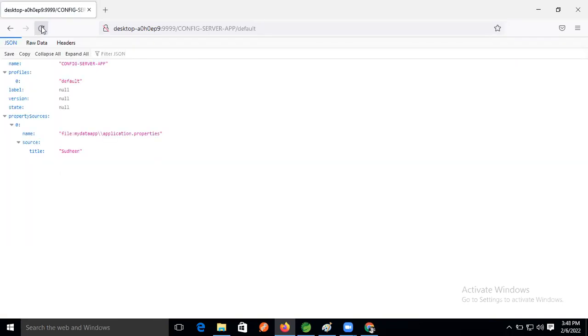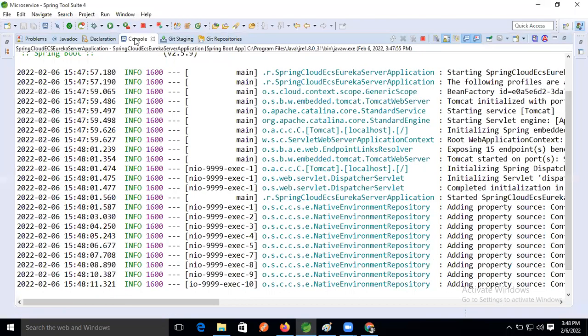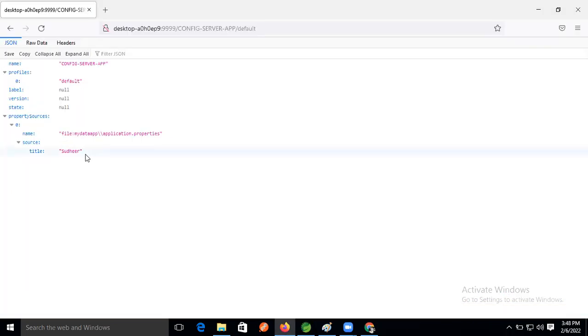Hey, still Sudhir we are getting, why? Is it running or not? We changed to Sudhir only, right? Yes, Ravi, it's correct, we changed. Then that's fine. Sudhir only we are getting, yeah, correct. So this one is working now, guys. Okay, now good.